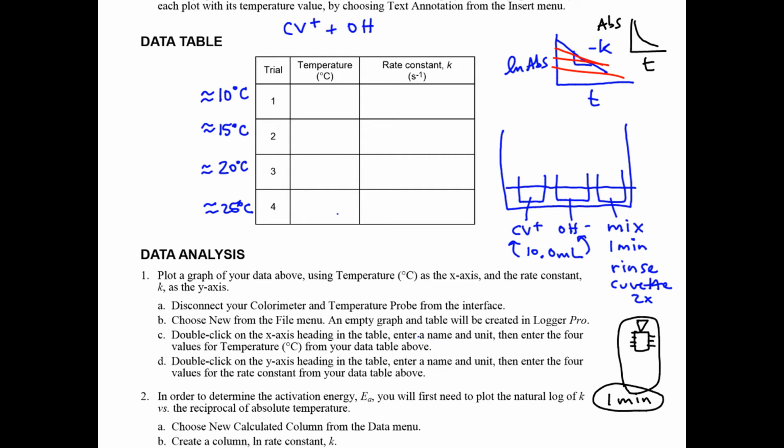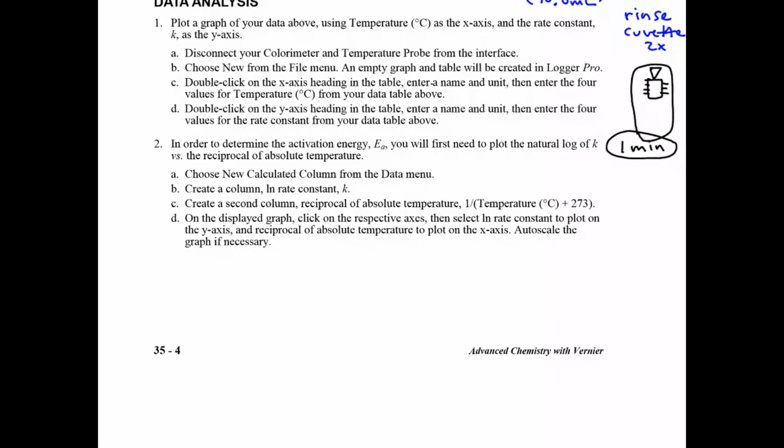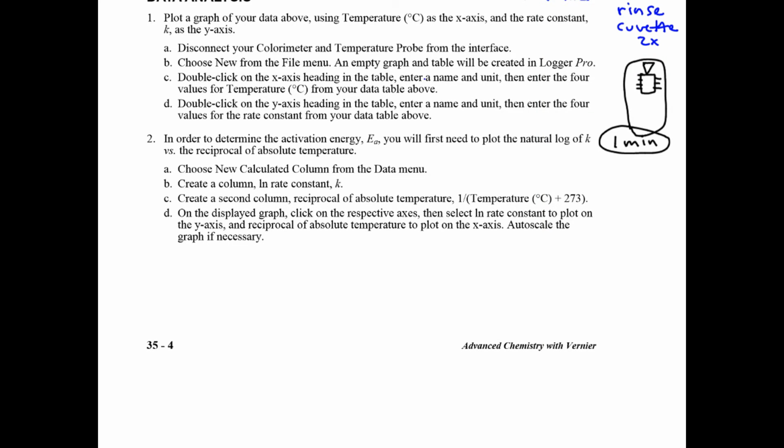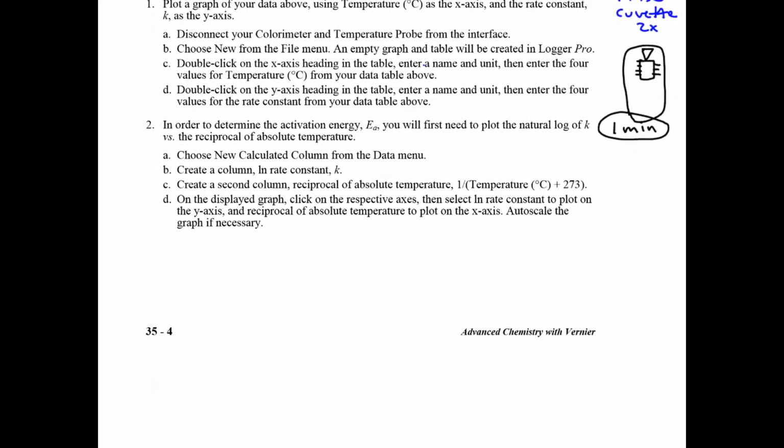And because you have 4 different lines, you're going to have 4 different slopes. And once you have 4 different slopes, you're going to have a bunch of K constants that correspond to a bunch of temperatures. And this is where we will use our final graph to find the activation energy. So activation energy is going to come from the slope of this graph, where you're going to take the natural log of the rate constants and graph that versus 1 over temperature in Kelvin. That's going to give you a straight line like this, and the slope of this line